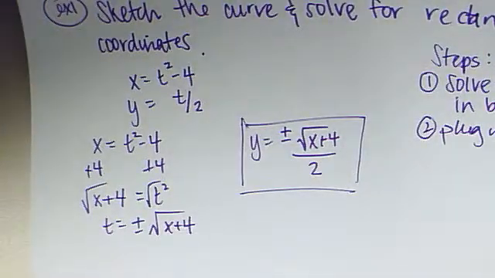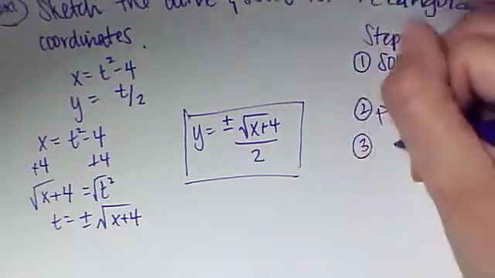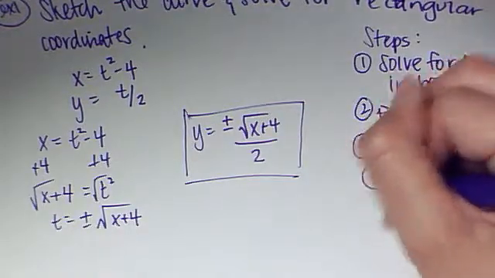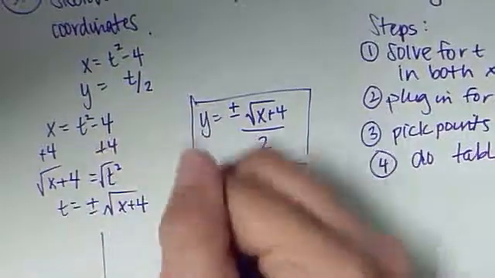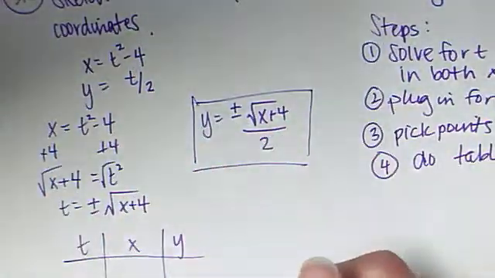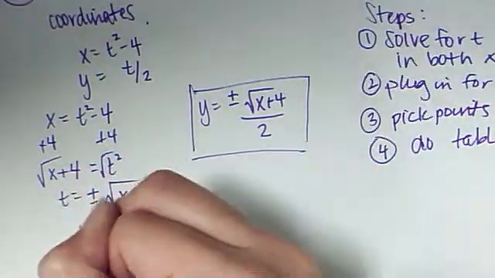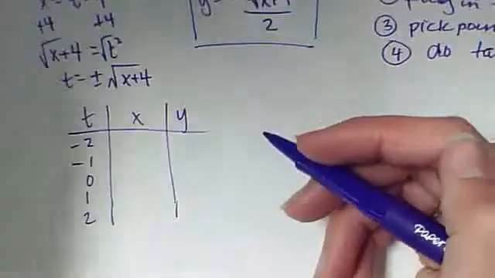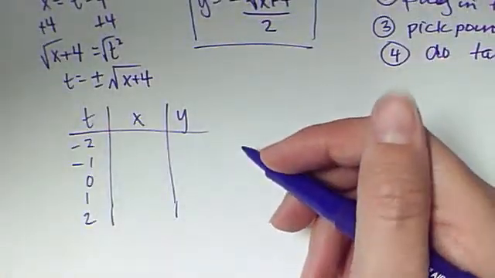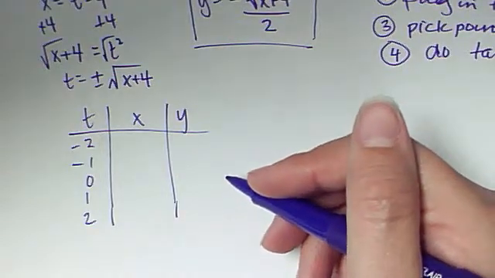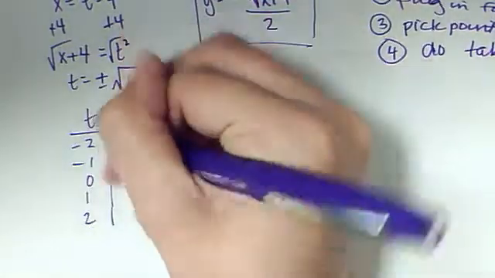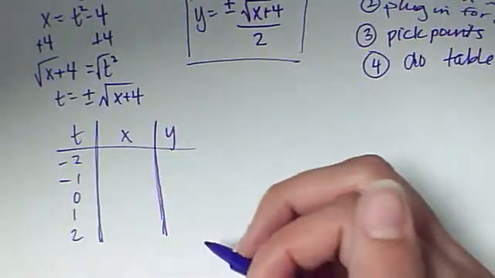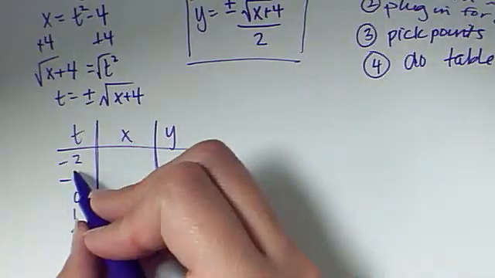To get my graph, I'm going to pick some points. I'm going to make a table. So pick points and do table. And when I say do a table, I mean do a t, an x, and a y. If I pick some values for t, like -2, -1, 0, 1, and 2, that's what I've always started with as my main ones when I've started with x. And then I'm going to plug those into the x equation and the y equation. This is to get the graph part, so this is different than the original. If I wanted to graph it using the calculator, I would just plug this in because now I have what it would look like. But to do that using my table, I'm going to do -2 plugged in for t